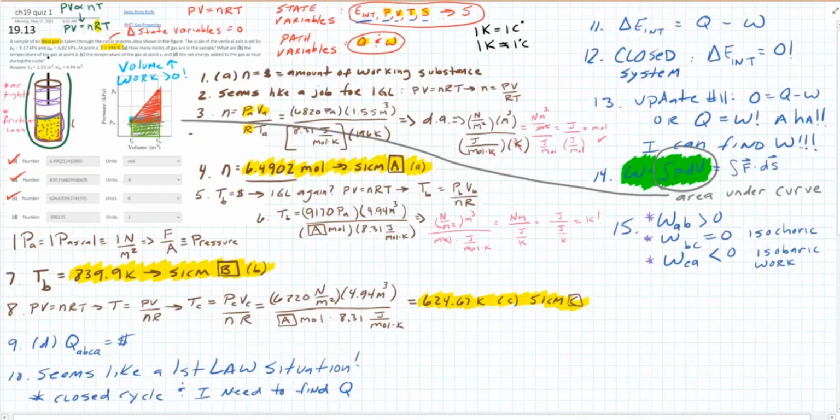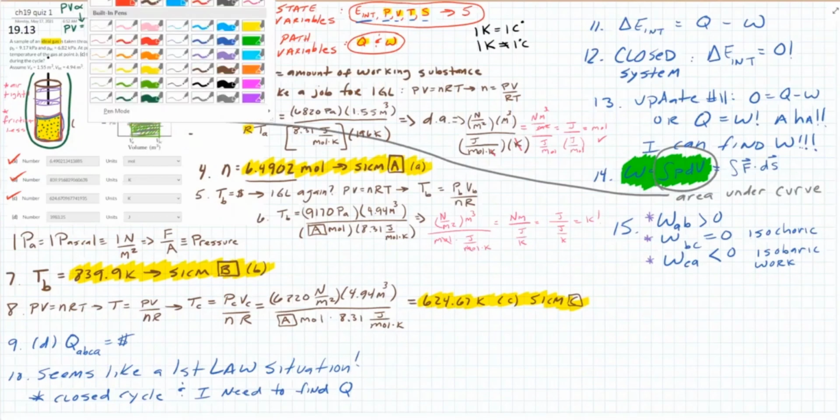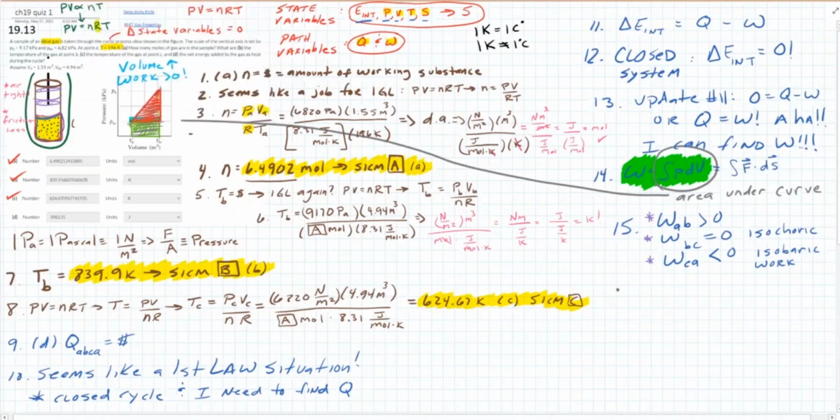So it gets a little bit anticlimactic, but the net work done for this entire closed loop is now boiling down to the area of that triangle. I know the area of a triangle is 1/2 base times altitude. So specifically, I could say that the integral of PdV